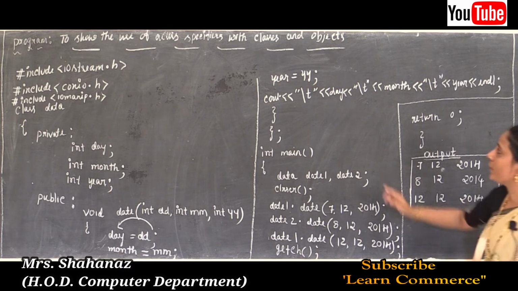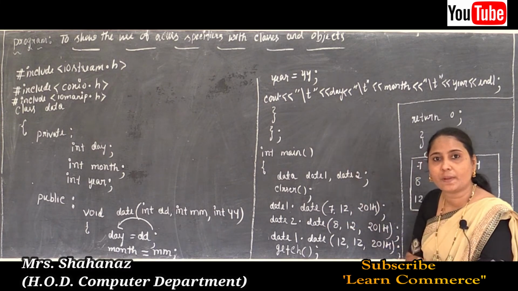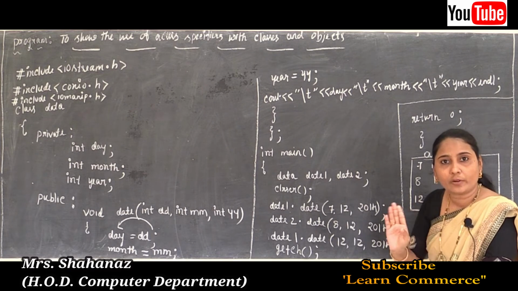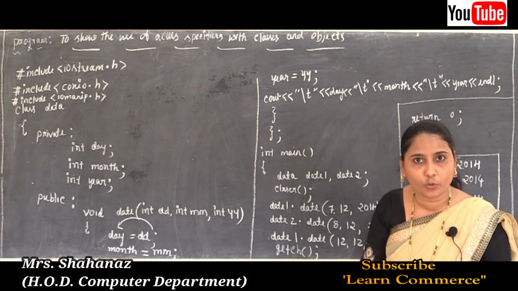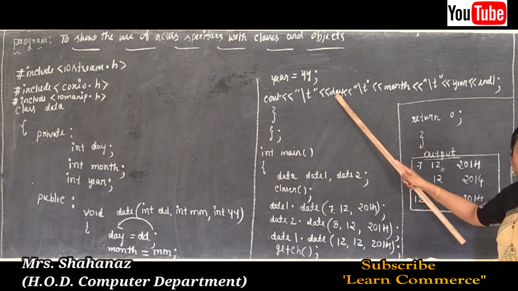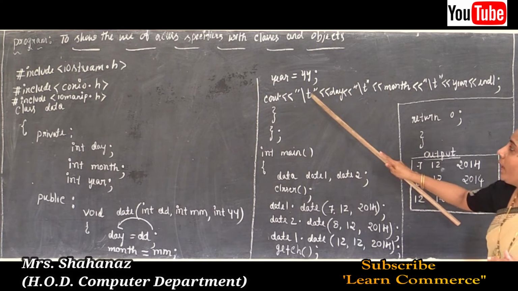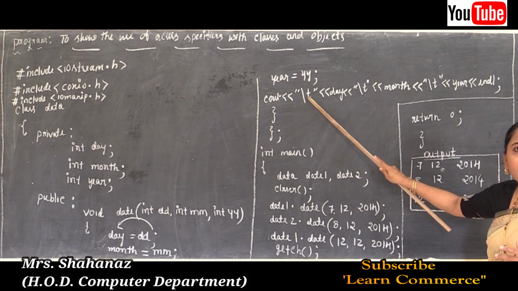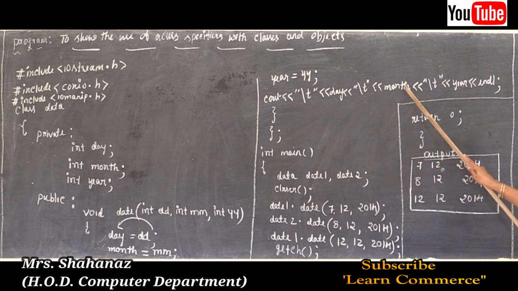Because if you write the day by using double quotation, then it is going to display as a message. But if you are not using the double quotation, then it is going to display as a value. So because of this reason, the day is going to display as 7. Whatever you enter for the day, such one is going to display, and \t is for the tab. That means it leaves this space between the numbers here. So the day, then next one tab, month, and later tab, and later the year.